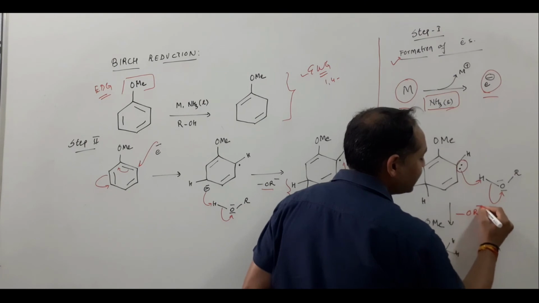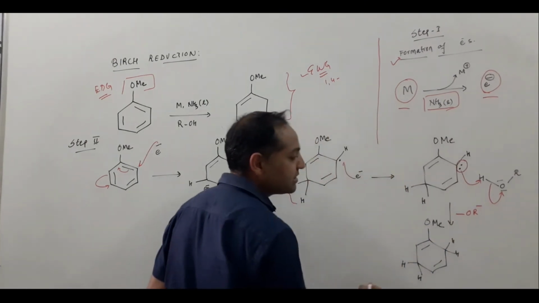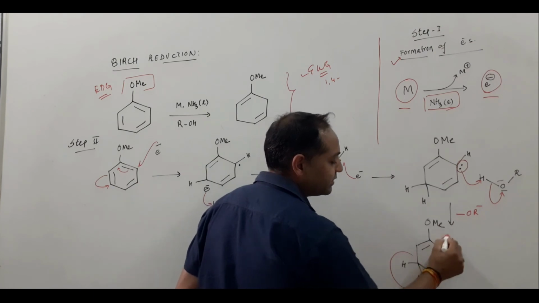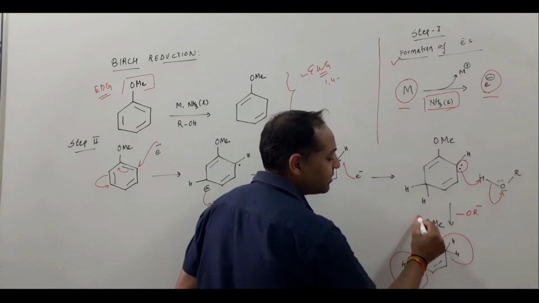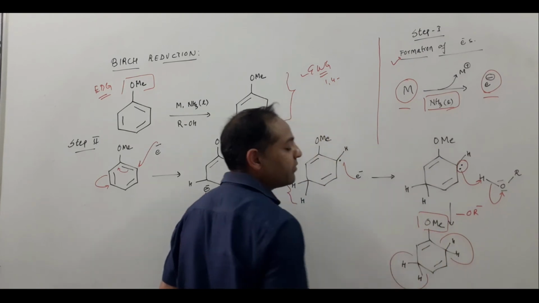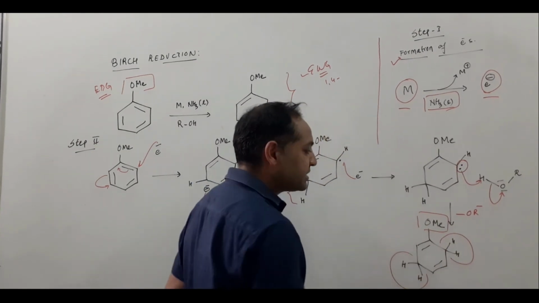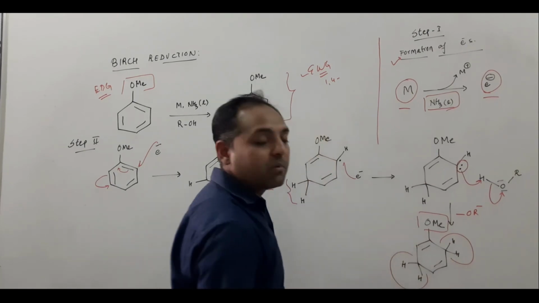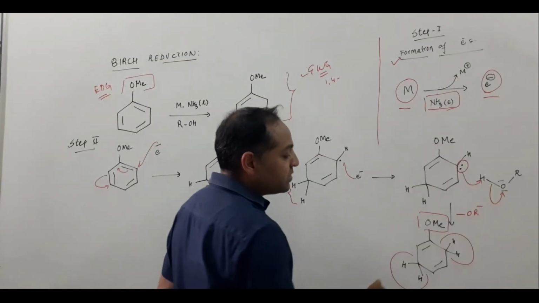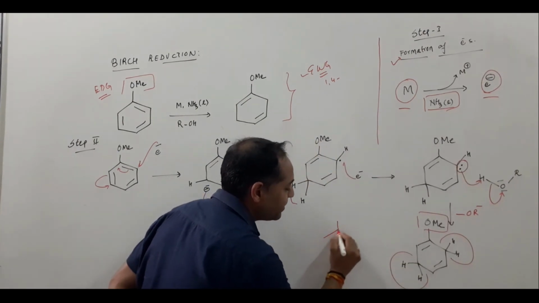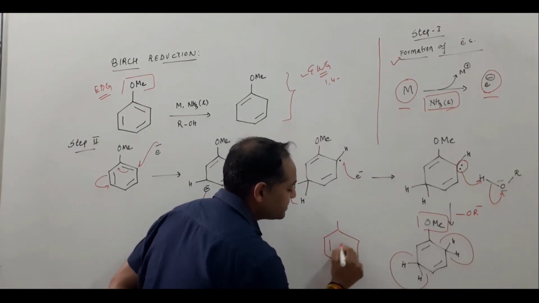Again the OR minus alkoxide group is removed, and ultimately reduction occurs at these two positions when methoxy groups are available at the aromatic system. And as per the Birch empirical rule, in the previous case